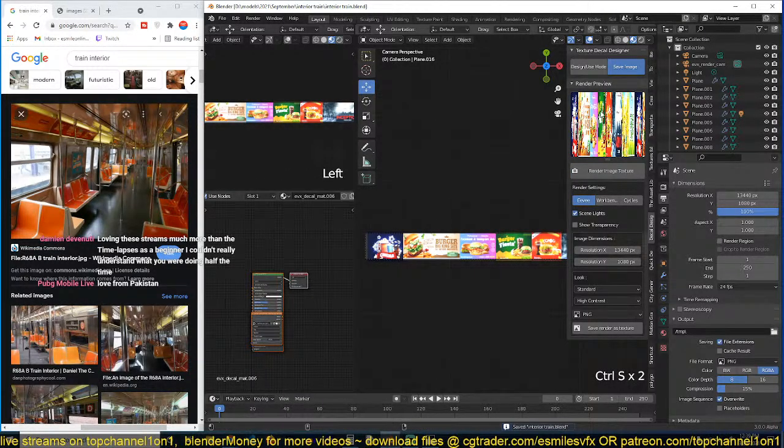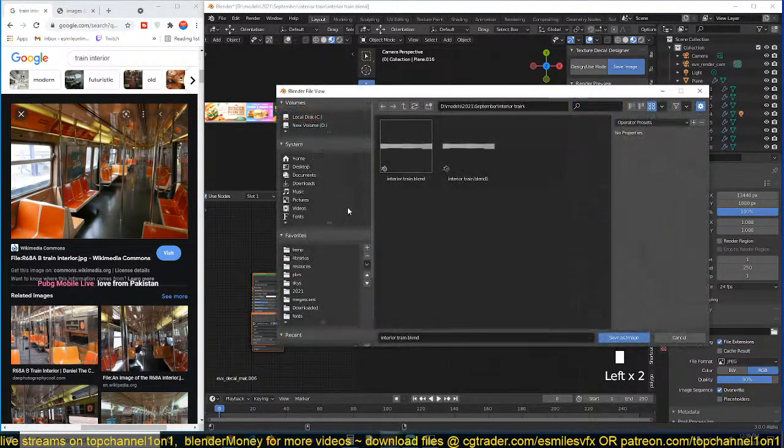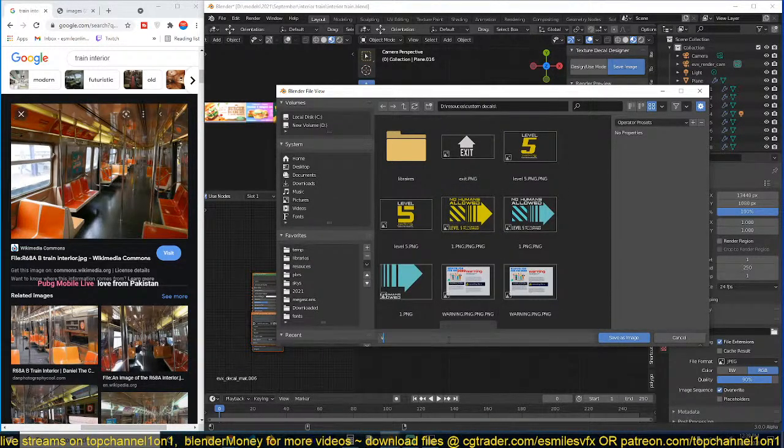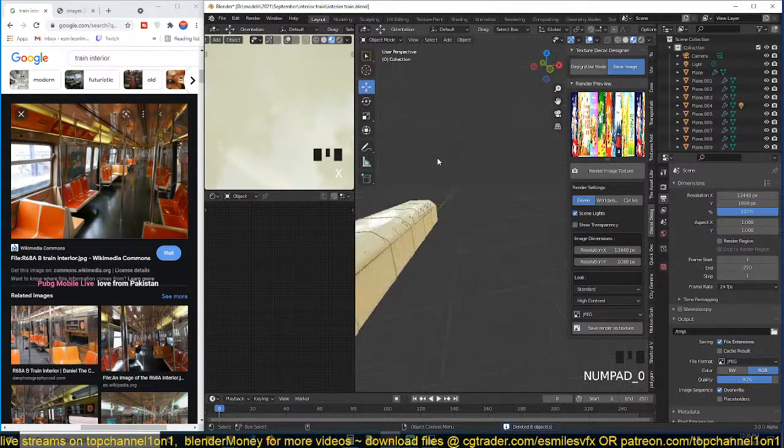So we have our banner designed here. Right now it looks a bit stretched, but that's okay. In the final thing, it won't be stretched. So I'm just going to save this as a JPEG. I'll save this in my decals resources, custom decals. I'll call this banners wide banner. Save that. Now I can just get rid of everything here, including the camera, and I can go back to the original camera,